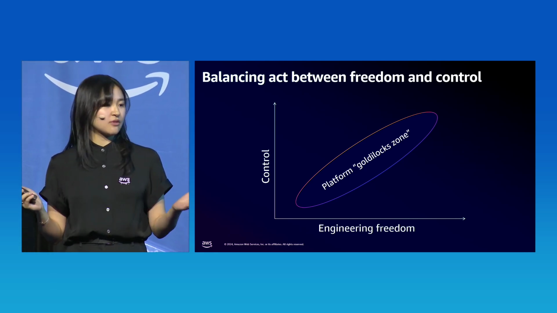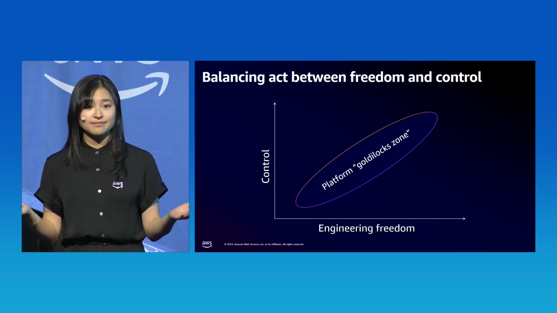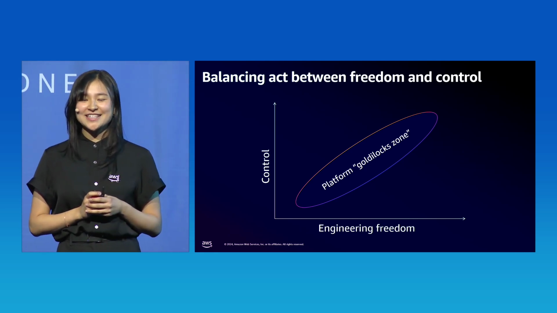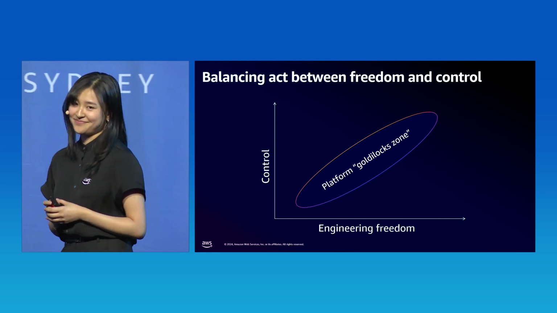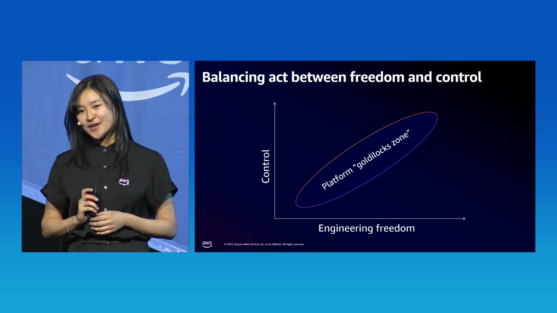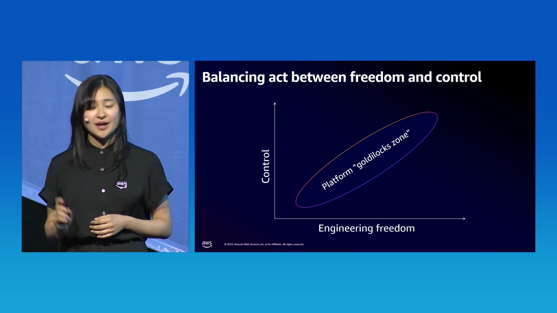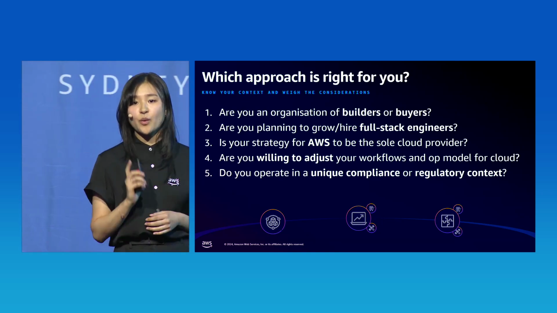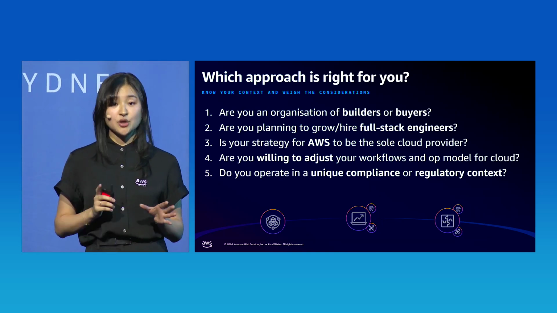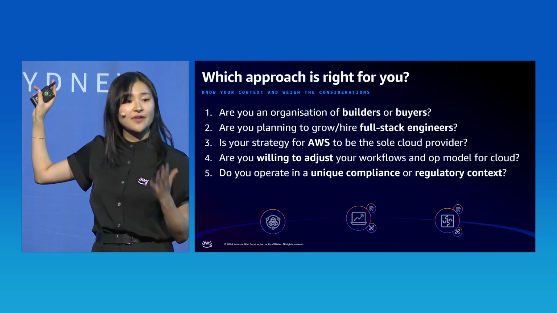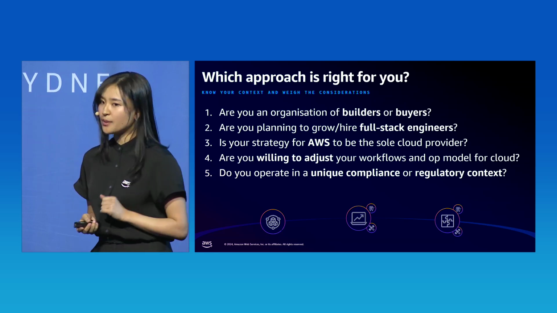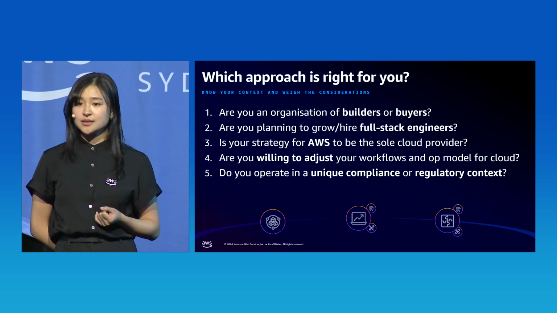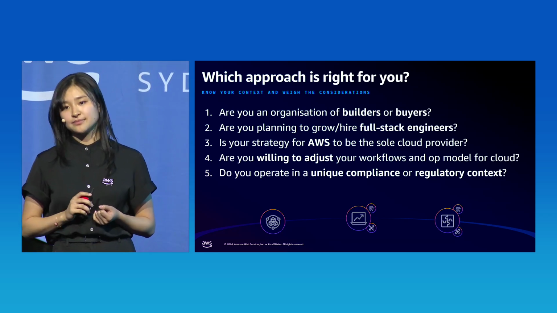So then, which approach is right for you? Will there be a decision tree or prescriptive guidance to a specific answer? The simple response is no, and GenAI can help you solve for this one. Determining what's right for your organization starts from understanding your organization's context and working backwards from there. It's a deliberate weighing of trade-offs and considerations. So, in this mental model, we propose 5 key questions for you to reflect on, and that'll help guide you along the way. Start by asking yourself, are you an organization of builders, or are you an organization of buyers?